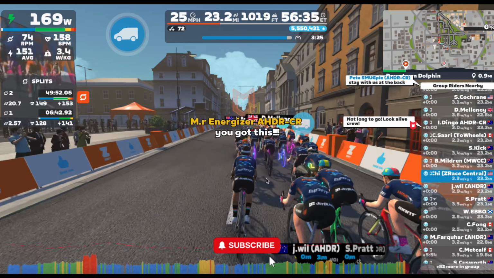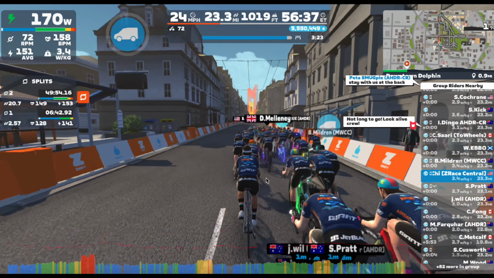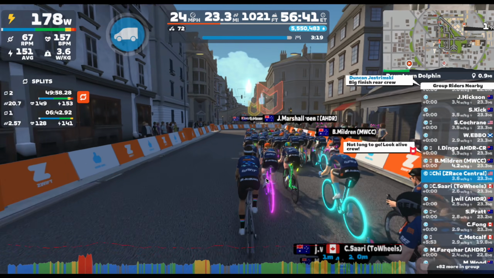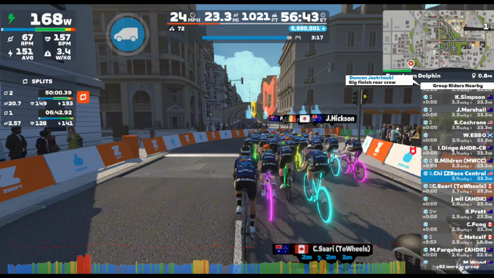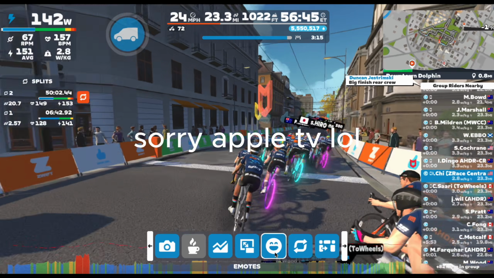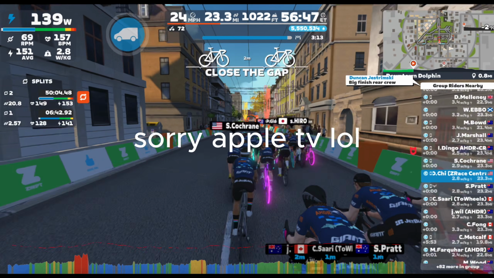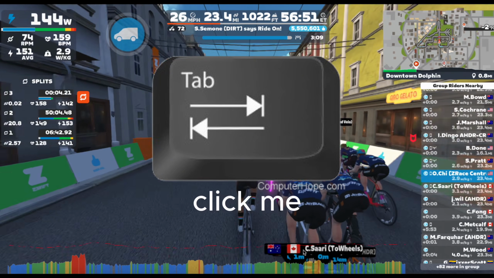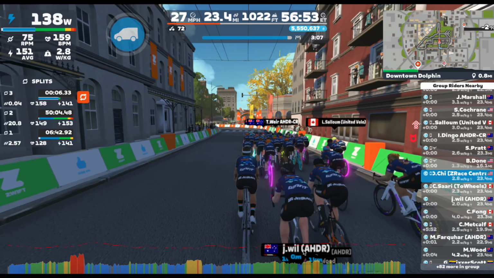To view these splits after your workout, press the context-sensitive toggle side display button, which appears when the splits have been triggered. You can also select the on-screen lap button to set a new lap, and this will work on all platforms except Apple TV. Additionally, you could use the tab key on your keyboard to create a new lap. However, this will not work when you are in a workout because it currently is the keyboard shortcut for skipping